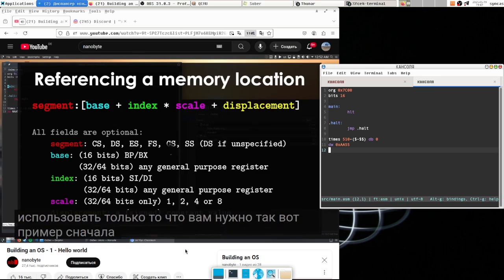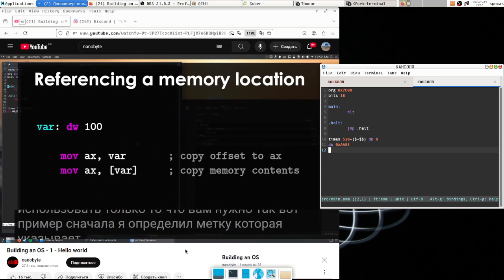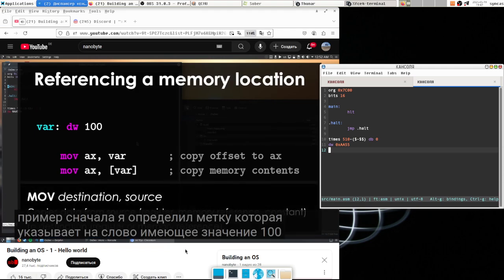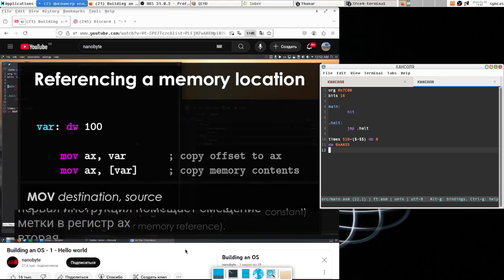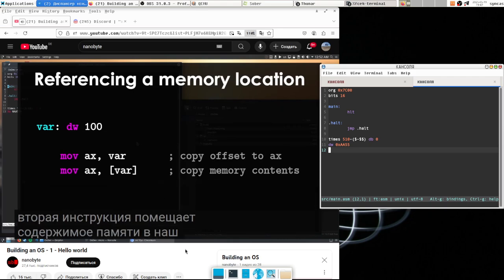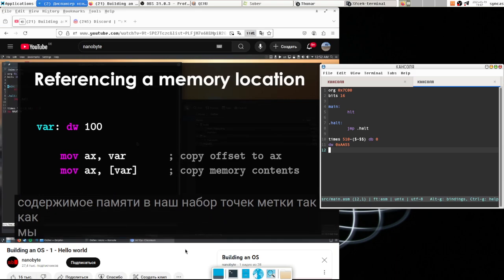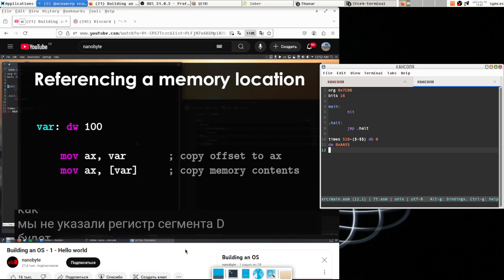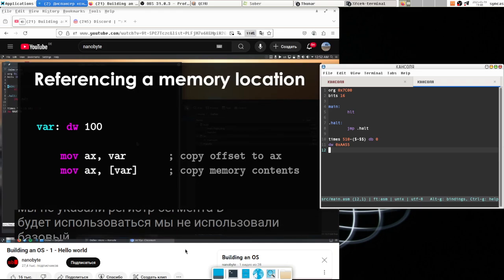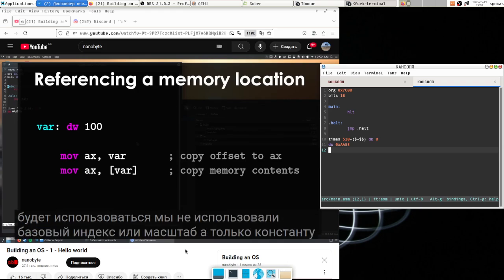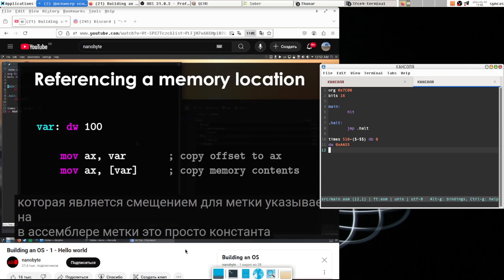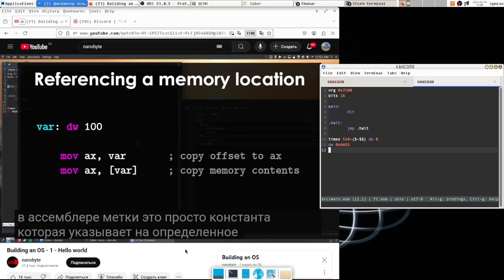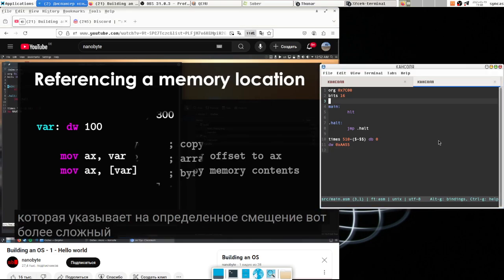So here's an example. First, I define a label which points to a word having the value 100. The first instruction puts the offset of the label into the AX register. The second instruction puts the memory contents where our label points at. Since we didn't specify a segment register, DS is going to be used. We haven't used the base, index, or scale, but only a constant, which is the offset where label points to. In assembly, labels are simply constants which point to a specific offset. Here's a more complicated example where we want